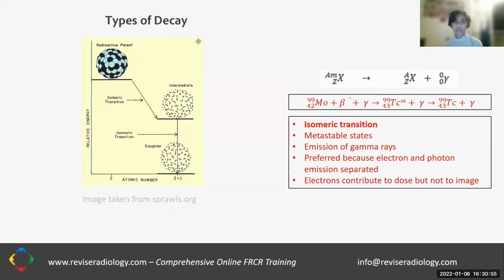Another type of decay that we're looking at is isomeric transition. So isomeric transition is the transition between metastable states. And so let's just look at the graph, the figure on the left-hand side to understand what's happening here. So we have a radioactive parent, which is undergoing isobaric transition. That is the atomic number is changing, and then it's moving on to isomeric transition,